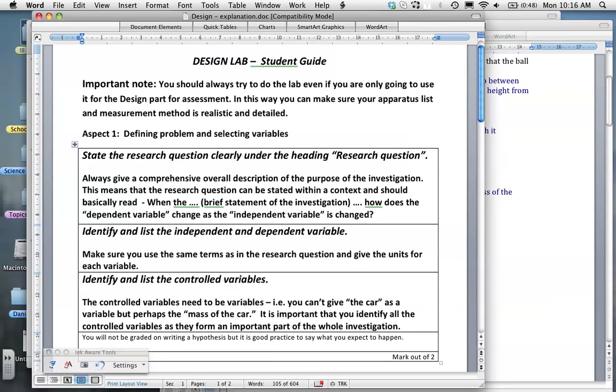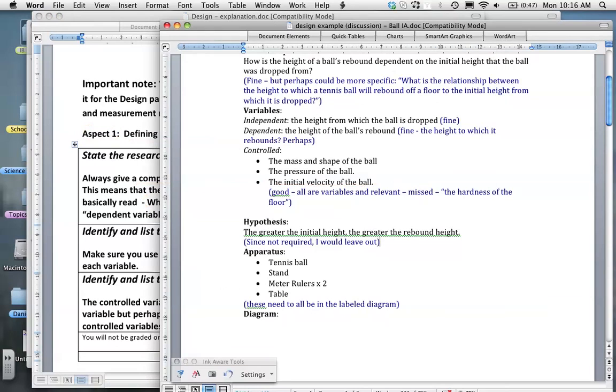Now, the first part that we're going to be looking at in this presentation, I'll just look at aspect 1, defining the problem and selecting variables. It's really important that when you're doing this, you give a comprehensive overall description of the purpose of the investigation. This helps you to write your research question in clear terms so that other people can understand what you're talking about. So if we go to our